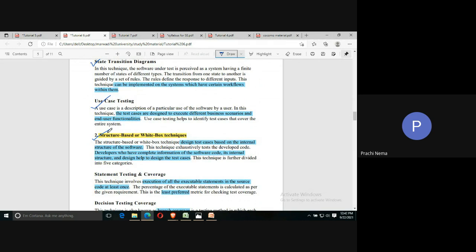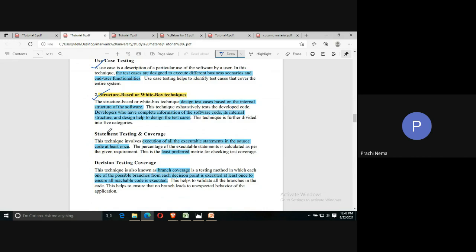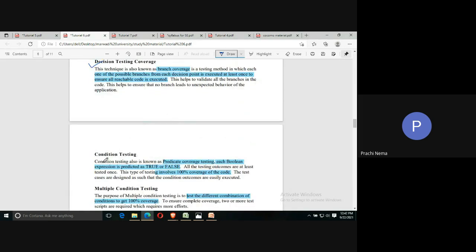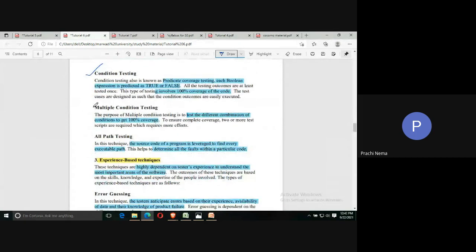Okay, so they help us to design the test cases using the proper details. Now there are various techniques which come under this category. Those techniques are statement testing and coverage, decision testing coverage, condition testing, multiple condition testing, and all path testing. These are all techniques which are covered under white box